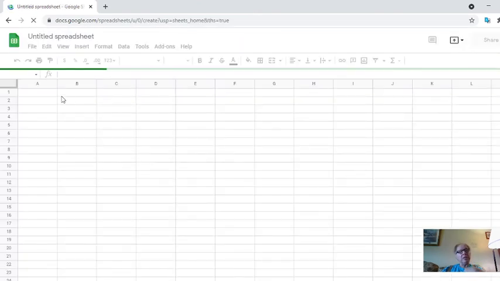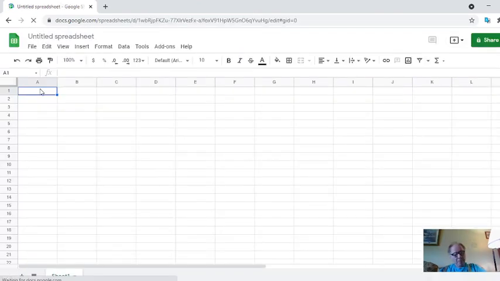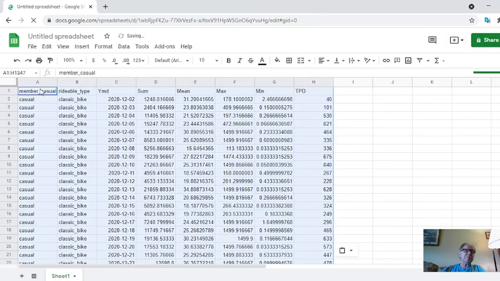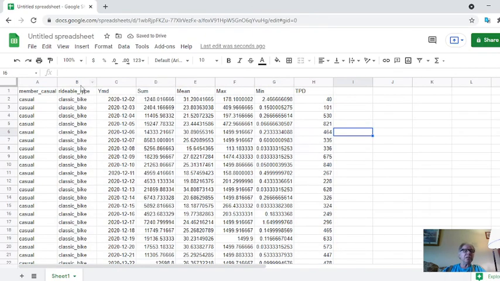Take a blank sheet. Okay, and now we got this. Let's name it cycle. All right, and now we got our summary data we need to work with in either R or